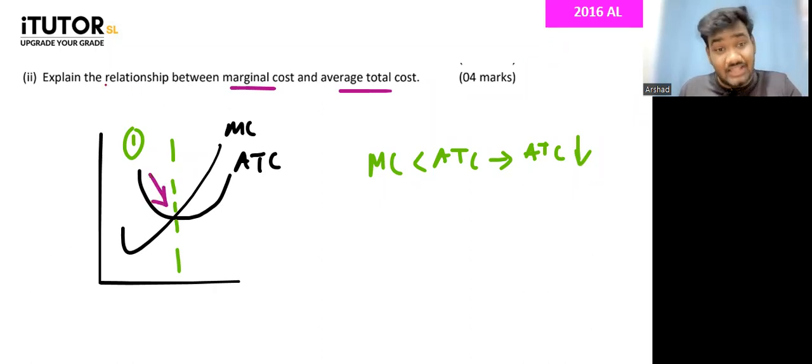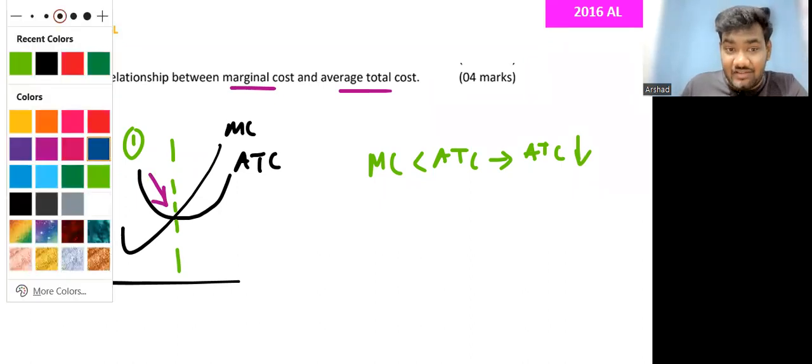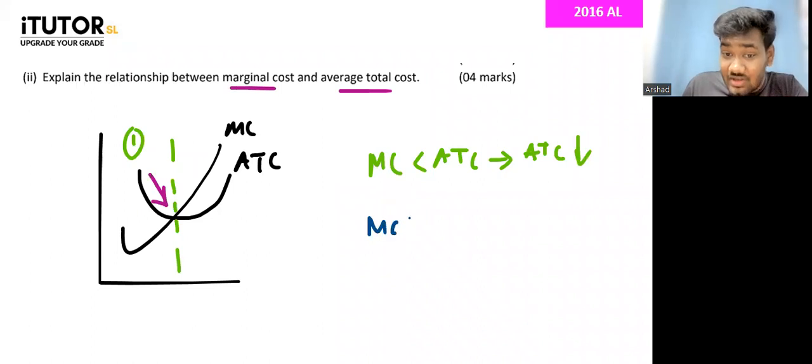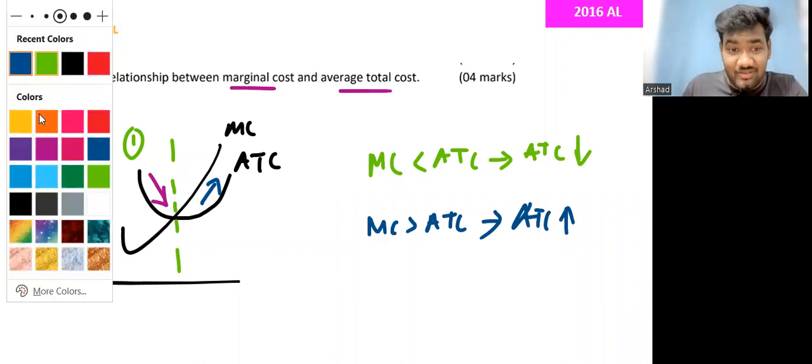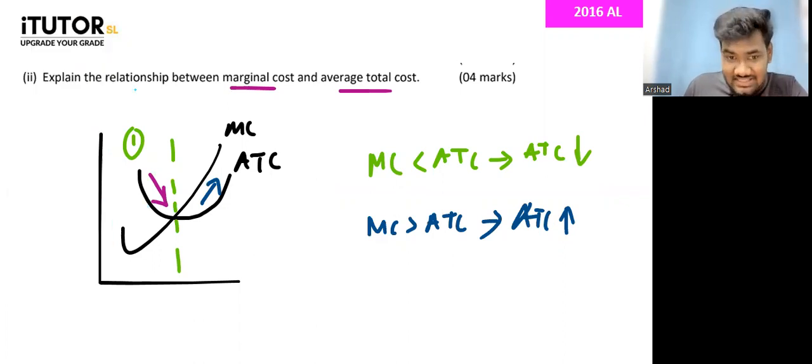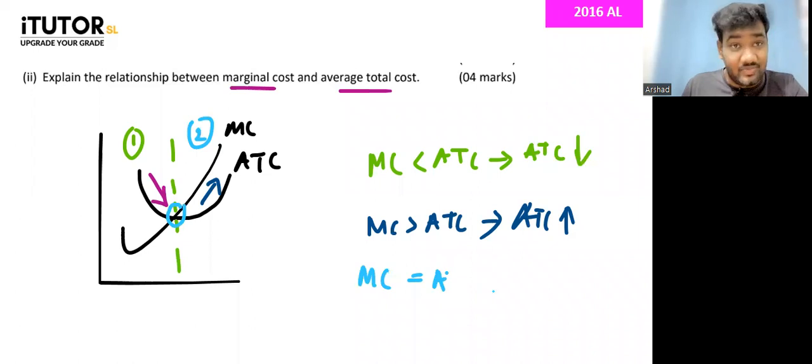Okay. Then look at the second side of this diagram. The second part of this diagram is where the marginal cost is greater than the average total cost, right? Then what is happening? The average total cost is increasing, going up, right? That is your second point that you need to write. And then what's the last point that you will be writing? The last point is this, right? When marginal cost equals average total cost, when MC equals ATC,